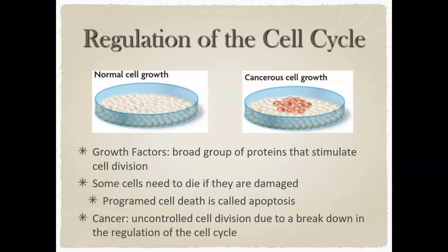So building up a concentration of a particular type of growth factor will allow them to go through the G1 phase. You'll get a certain level of growth factors that build up as they go through G2 so that they actually go into the mitotic phase. And these things rise and lower as different stages and phases occur. So those are good things.